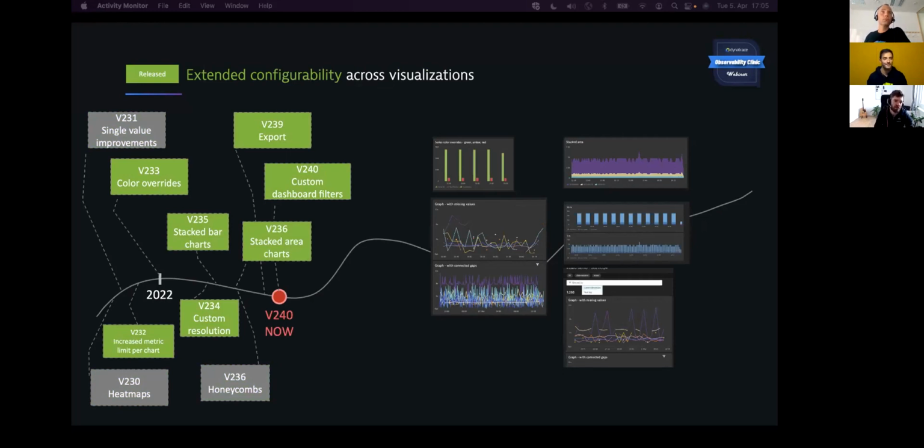And so it will contain things like color overrides, exporting your chart data, or stacked graph visualizations that were missing. Now they're in with 235 and 236, bar and area respectively. Or even things beyond, which you haven't been able to do before, which is to pick your custom resolution. So you can select the granularity you desire on your charts. And since